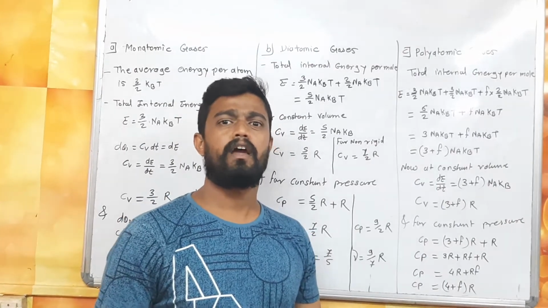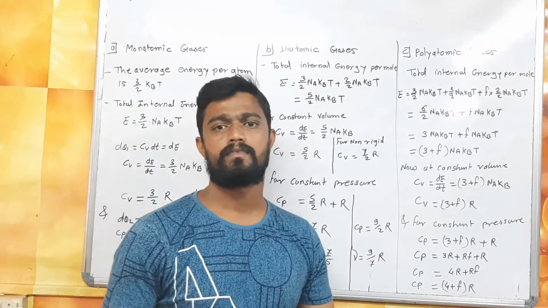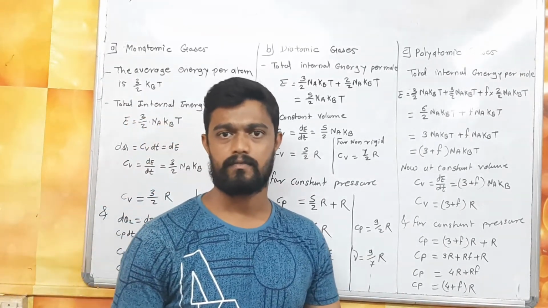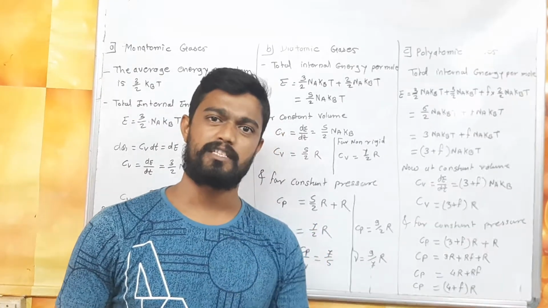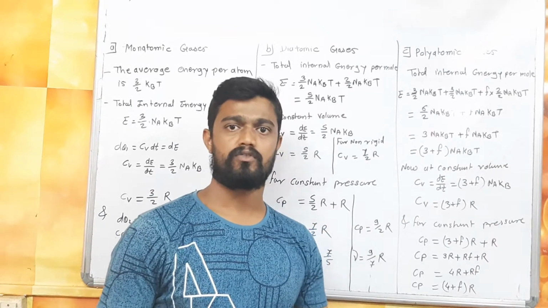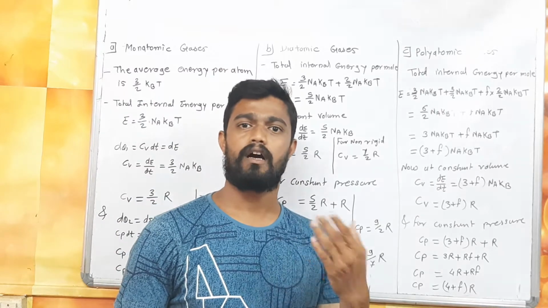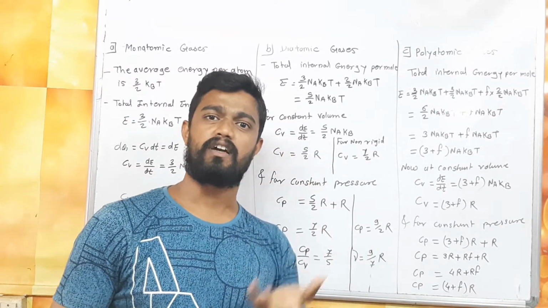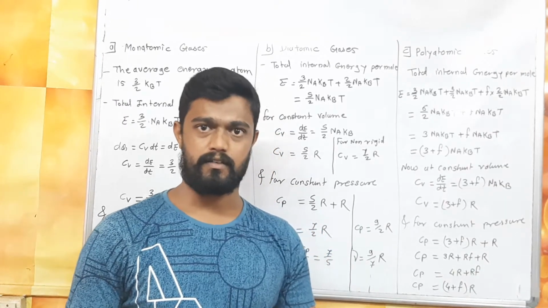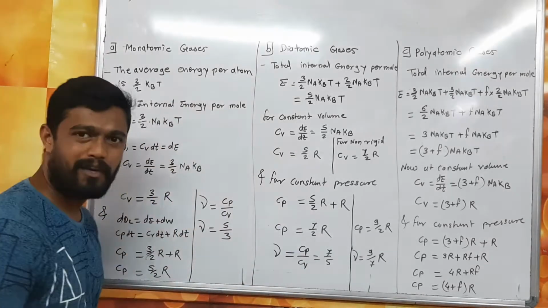In the last lecture we discussed 3 points. Which ones? Degrees of freedom, second diatomic molecules, and third one is specific heat capacity. In specific heat capacity we discussed the Mayer equation, Mayer relation. Next, for different gases we found the ratio of specific heats, defined as gamma. First, the gas is monoatomic.